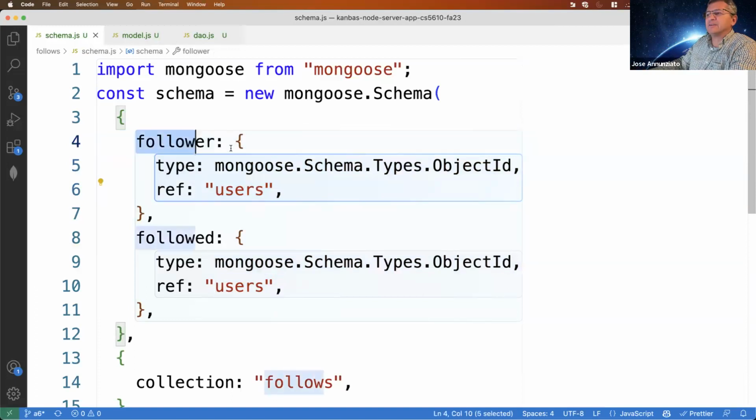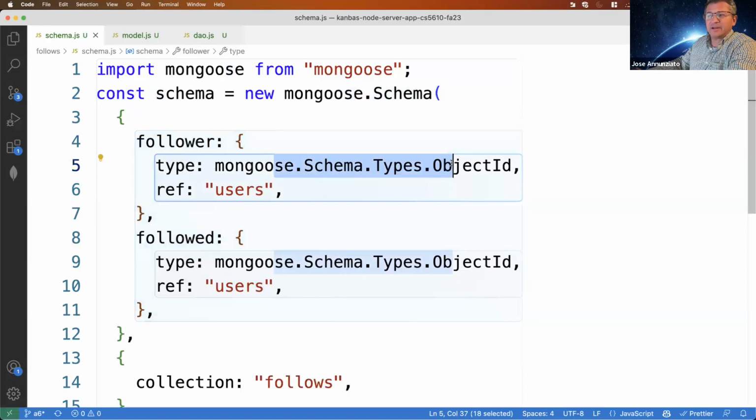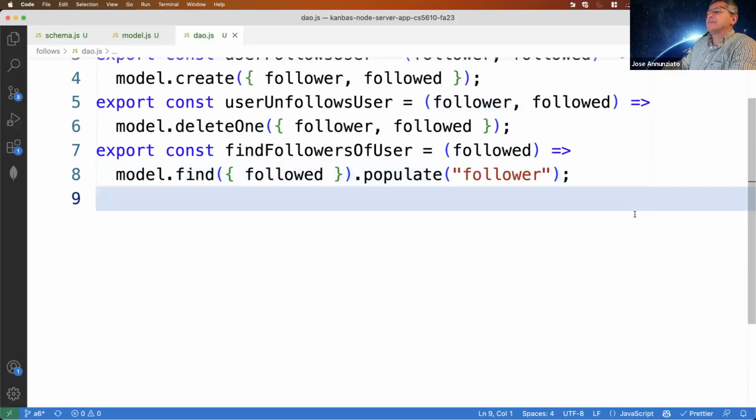And instead of just responding with the ID, I'm going to replace it with the actual document, right? This is very much like a join in a relational database. I'm using a foreign key onto another table, and then I'm pulling the fields that I want. Here, we're not specifying which fields. So if you don't specify which fields, it's going to bring over all the fields, which is fine.